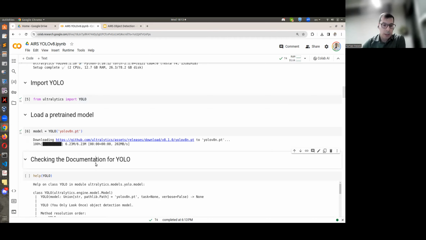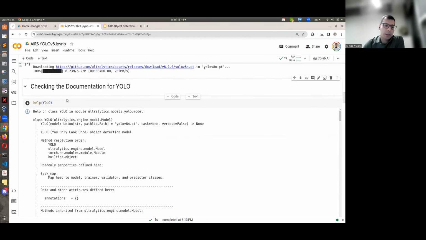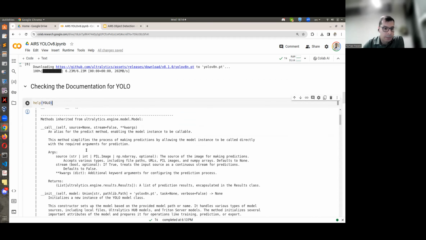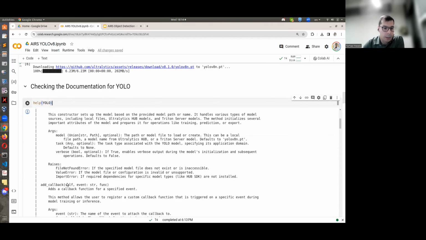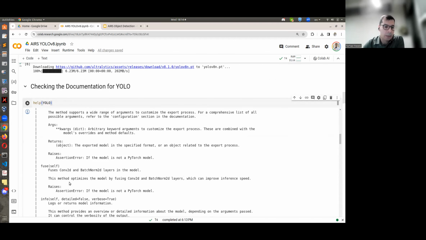If you want to learn about different methods that can be applied to a given object in Python, you can use help and the name of that object, and it gives you a long list of functionality. For example, you can see that this YOLO model can take a string, and then perhaps when you create a model, you can call it on an object, and that should be in the call method.